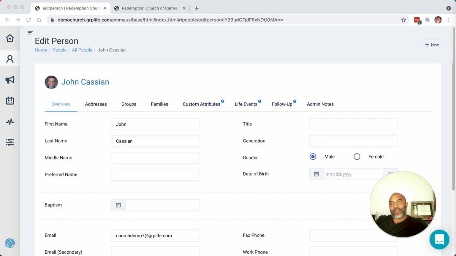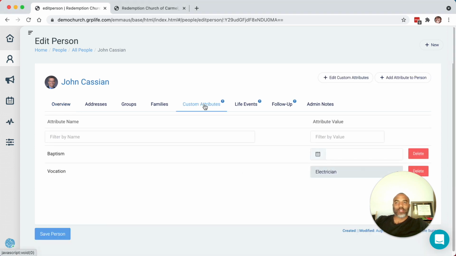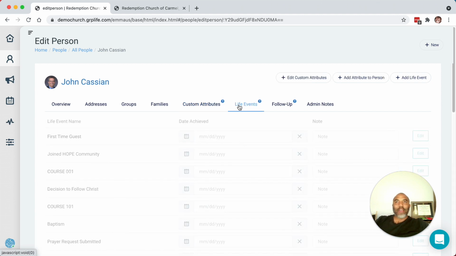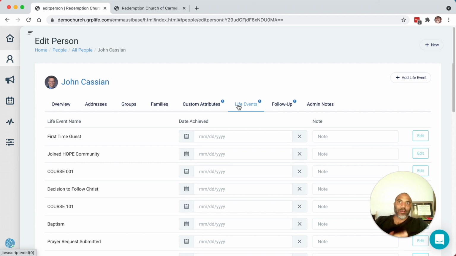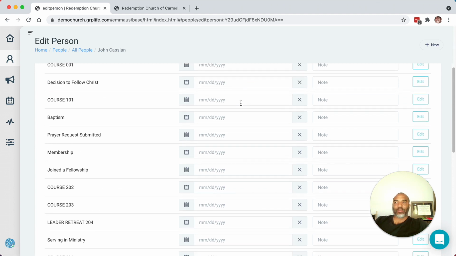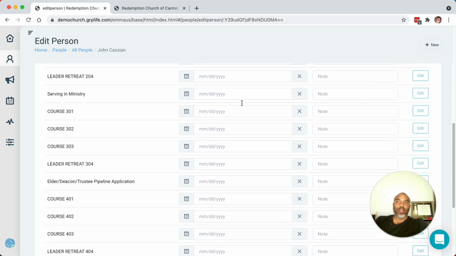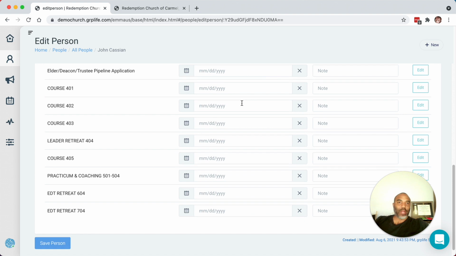Let's talk about life events. In our contact records, we have custom attributes, which allow you to indicate and specify unique aspects or characteristics of a record. We talked about how you can add those attributes to people and edit them, and so that's covered. Life events are a special type of custom attribute, meaning that you and your church can create whatever life events